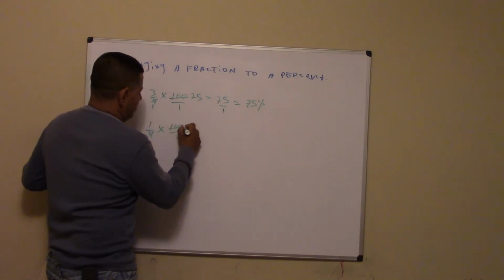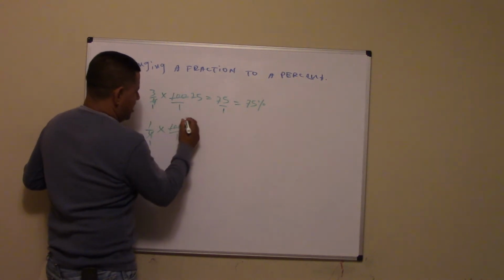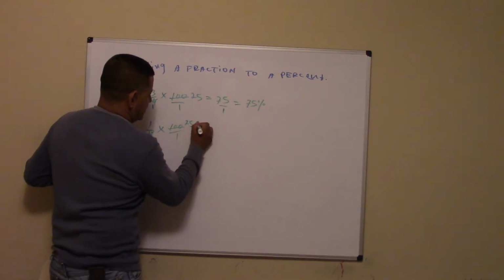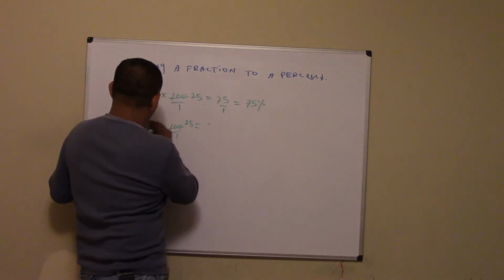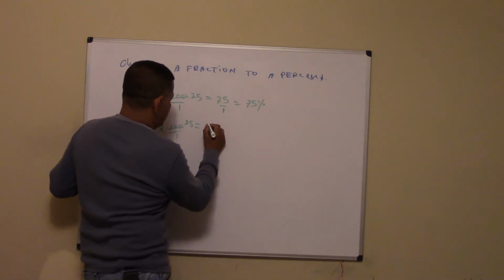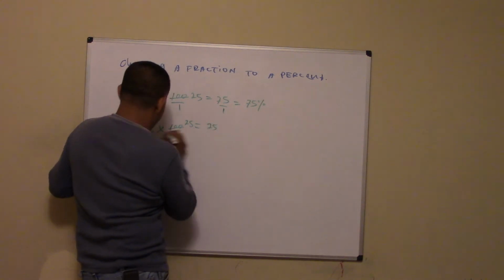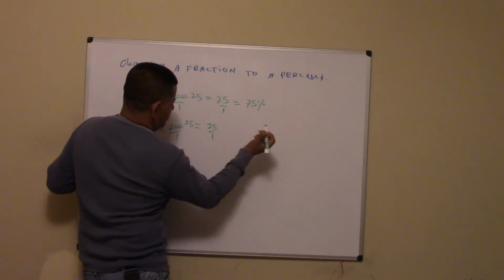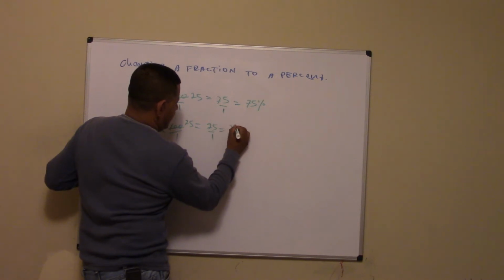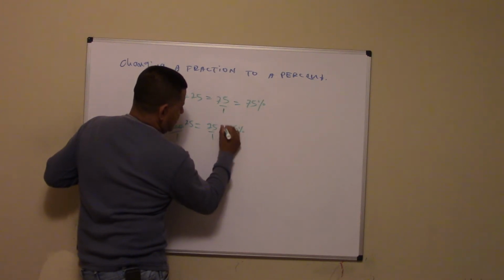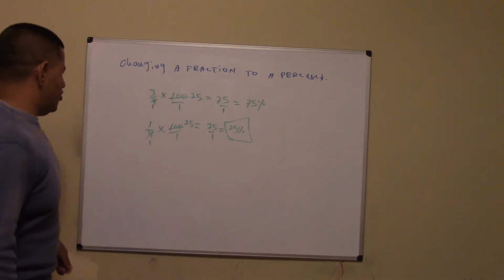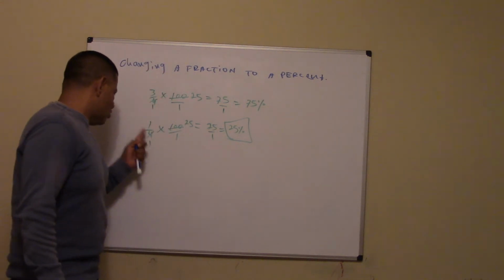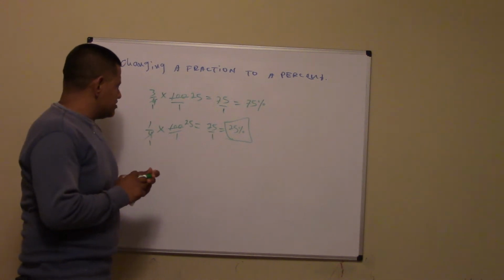How many times does 4 go into itself? It goes 1 time. How many times does 4 go into 100? It goes 25 times. And then this is nothing but 25 times 1, and then it's equal to 25. 1 times 1 is 1. So 25 over 1 is 25. Add the percent sign, and you get, of course, 25%,